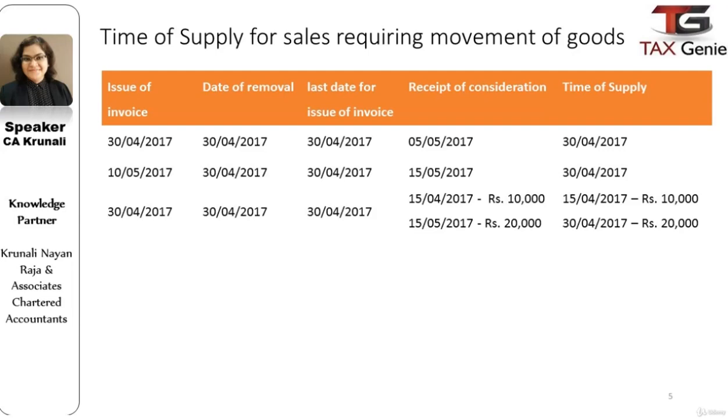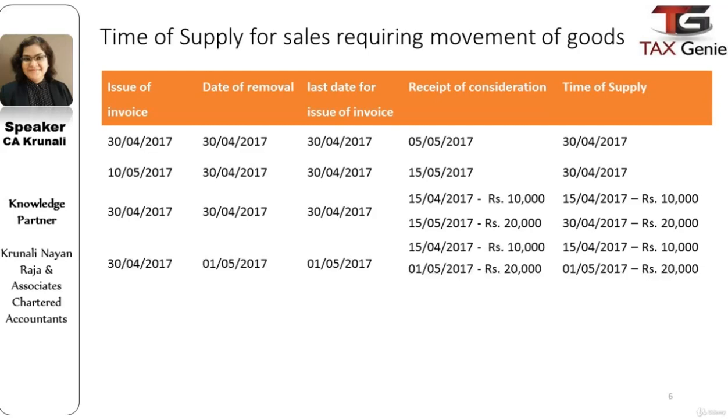Where the payment was received on 15th of May 2017, in this case the time of supply would be the date of issue of invoice, that is 30th of April 2017. And let us now discuss the last case, which is